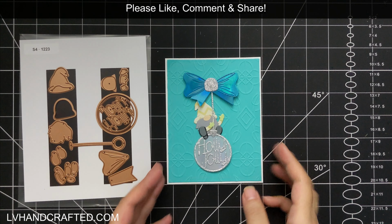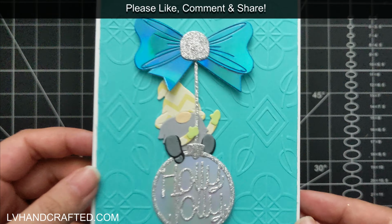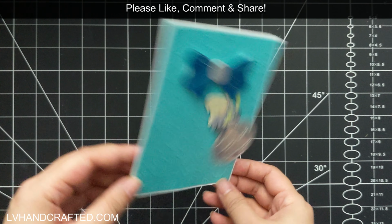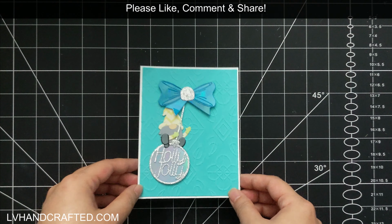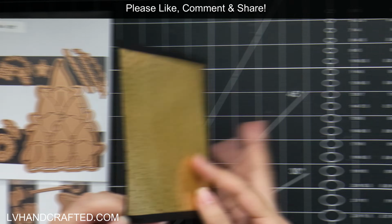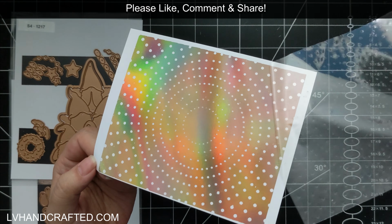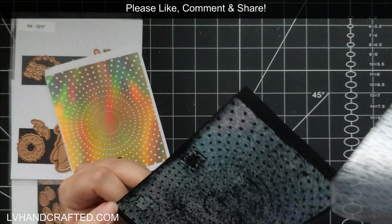So I love this really simple, interactive, but very, very fun mechanism. And there is a separate die that does cut into your ornament the holly jolly sentiment, but you could also, instead of using that, just die cut out of maybe pattern paper to add some extra pattern and interest to your ornament. So for my second card, I am going to use the Gnome Tree die set,